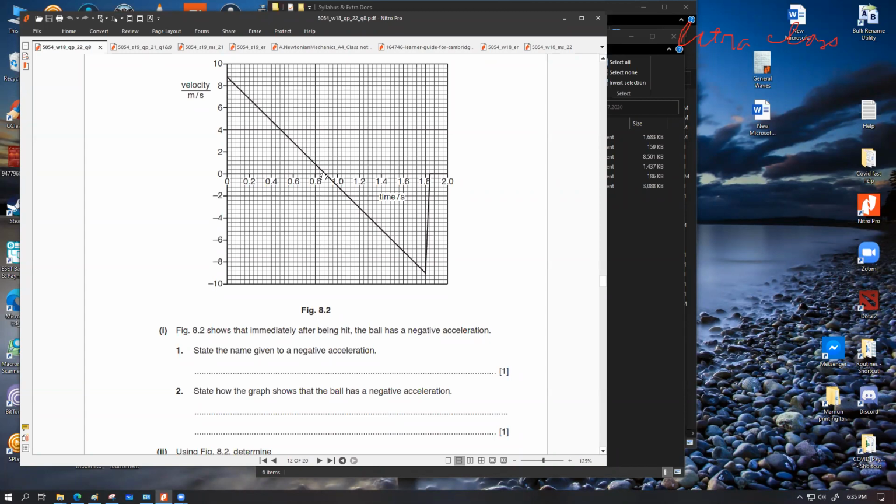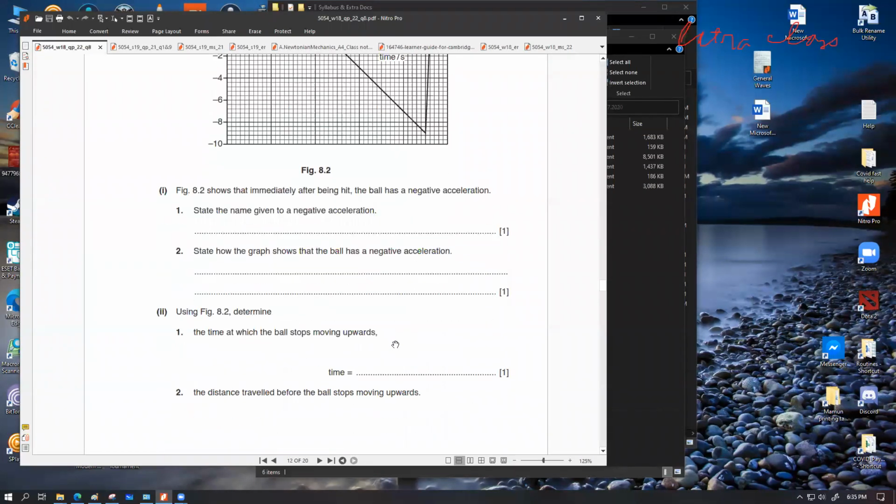So it slowed down and stopped. After that it will immediately start to fall down again. That's why this graph continues further down the line, and this is supposed to be the point where the ball either hits the ground or the fielder takes a catch or something like that. Okay, then it says